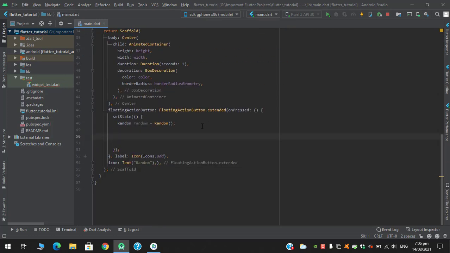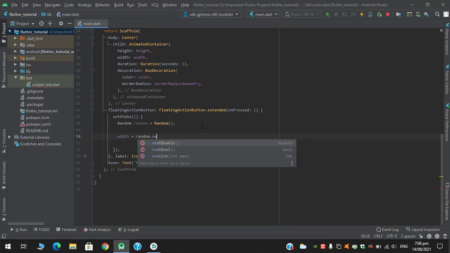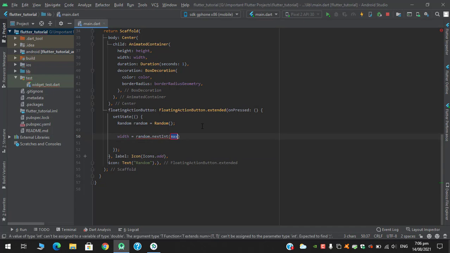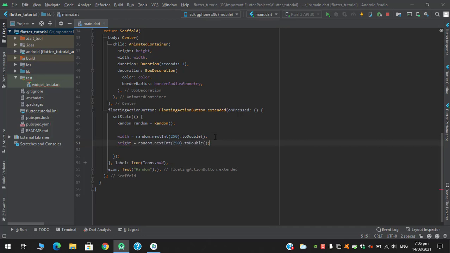So for the height and width, I will use width equals random dot next integer, and let's say choose between 250, and since it requires double, so we will convert this to double. I will do it for height too. Height equals,